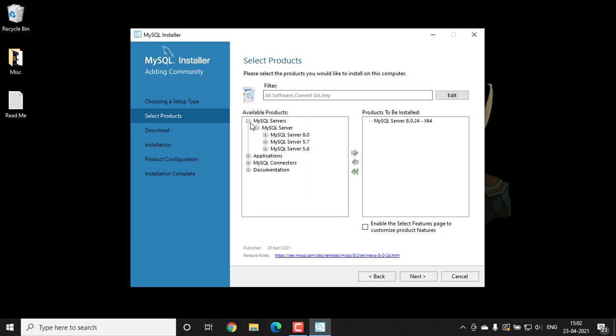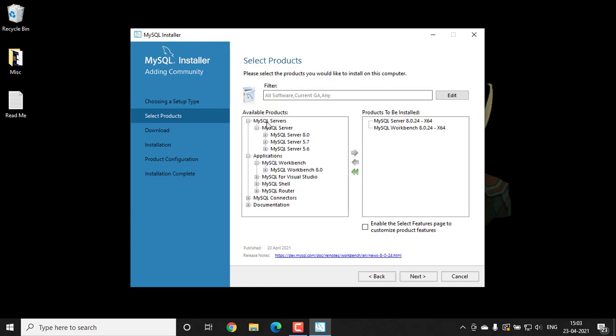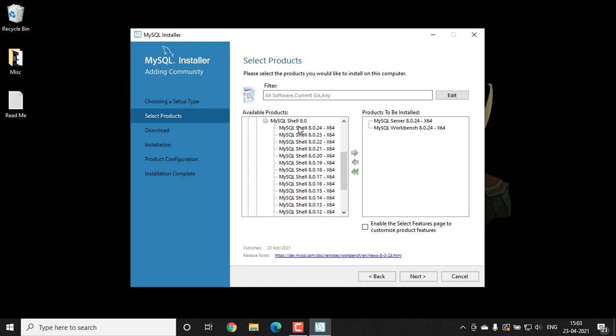Now click on applications and MySQL Workbench, and then MySQL Workbench 8.0.24 and move this to this side. Now click on MySQL Shell 8.0 and 8.0.24 and move it to this side. Now click on next button.